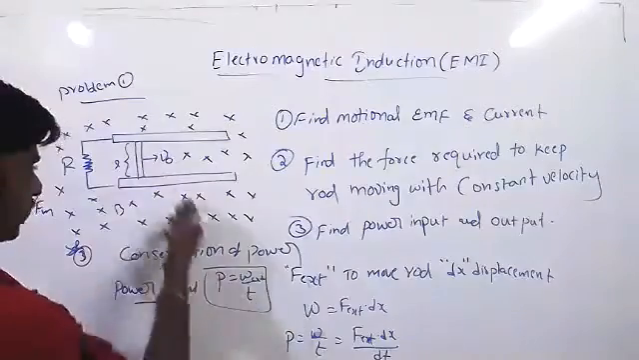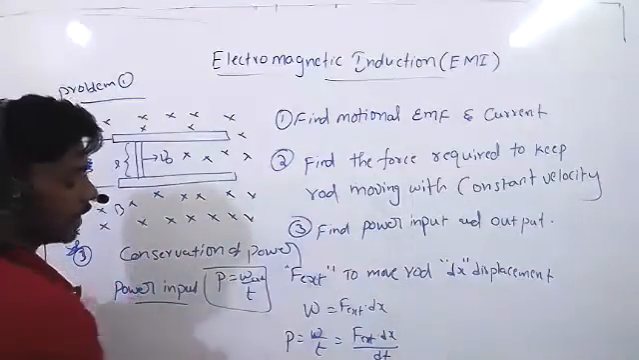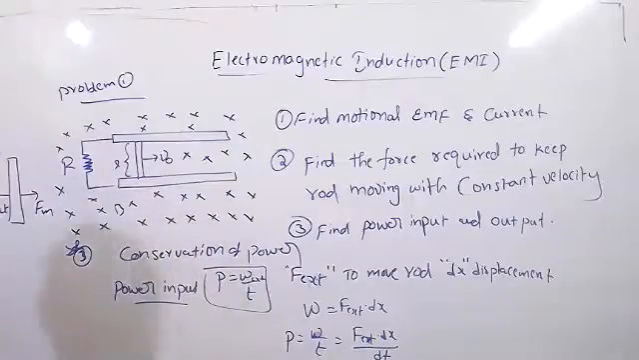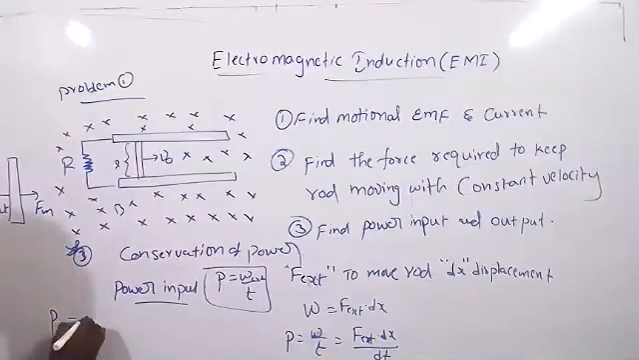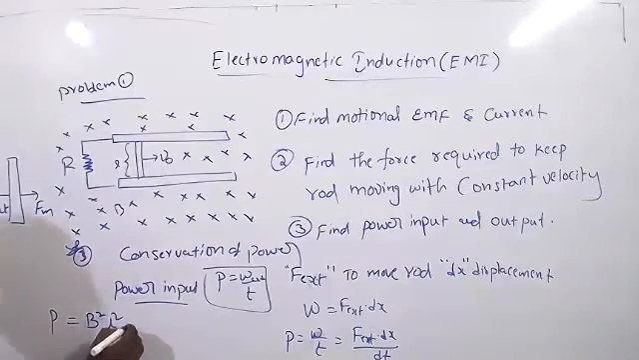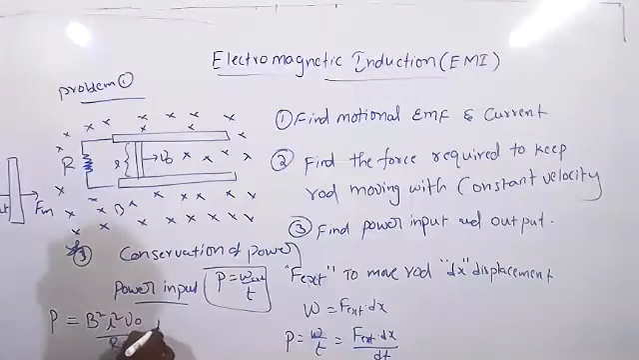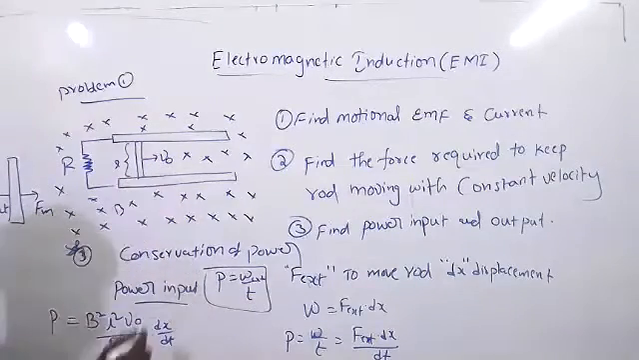How much force we already calculated. F external is equal to, we know, B square L square V naught by R plus R. It is the force, and dx by dt, displacement by time, is nothing but velocity V naught. So P